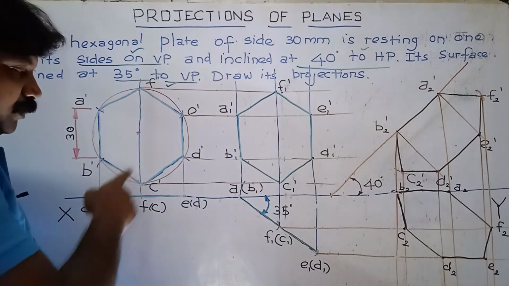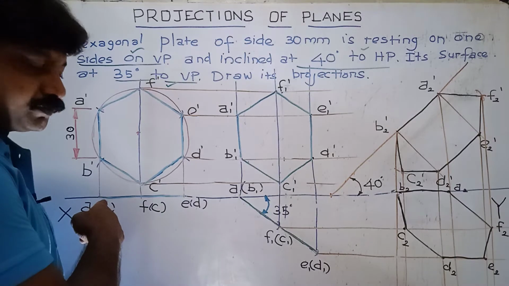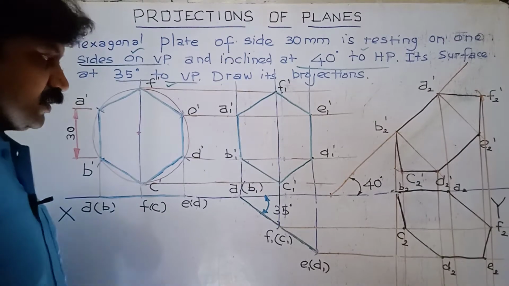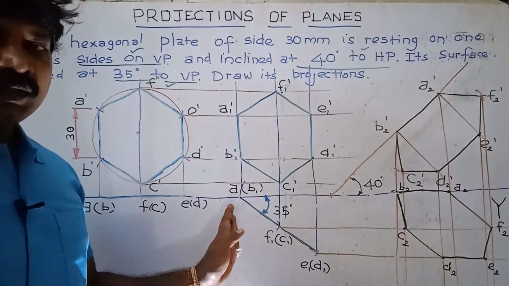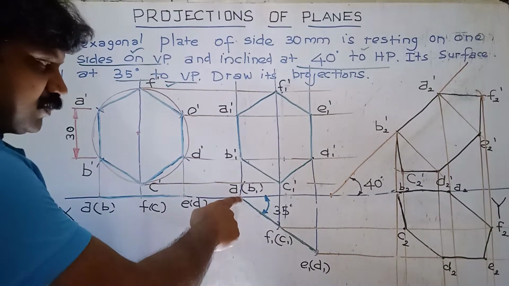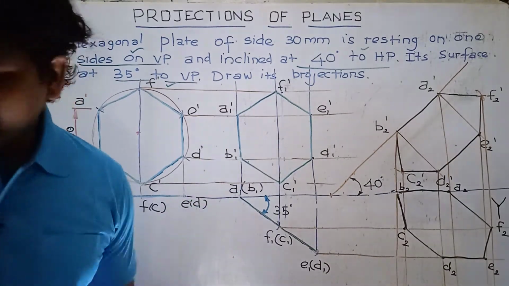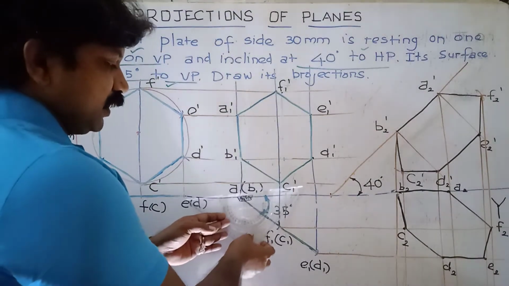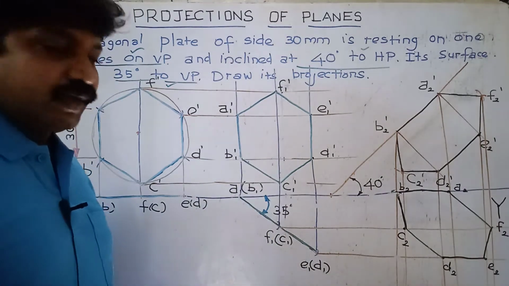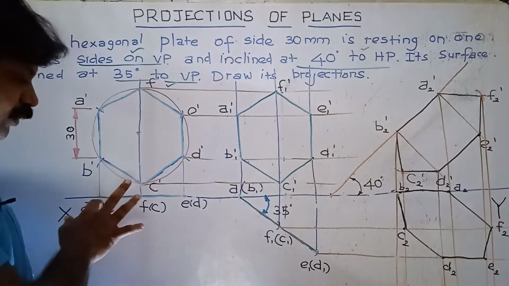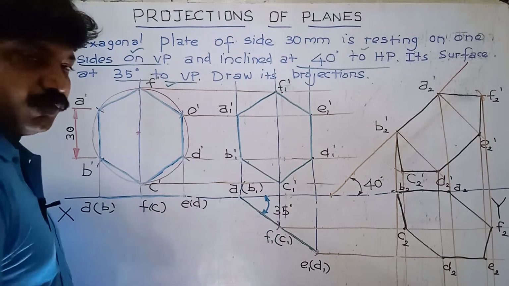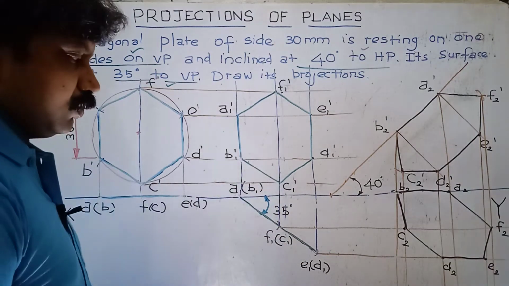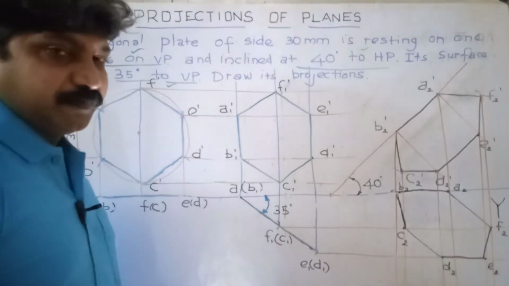From the front view, draw the perpendicular line and project the top view. The top view is a straight line on the XY axis. Second step: leave some distance, 40 to 50 mm. After that, mark the first point A1 or B1. Fix the protractor here and take a 35 degree incline, draw a 35 degree inclined line. And then mark the remaining points: F or C, A or B to F or C as radius, draw the arc, mark the point F1 or C1. A or B to E or D as radius, draw the arc, mark the point E1 or D1. Now the tilted top view is completed, second stage.